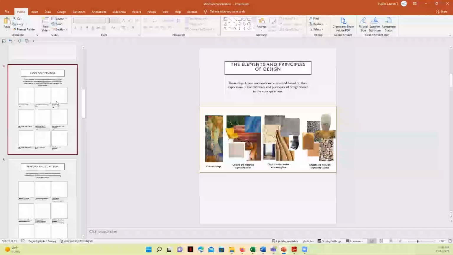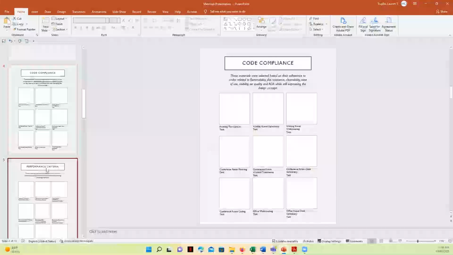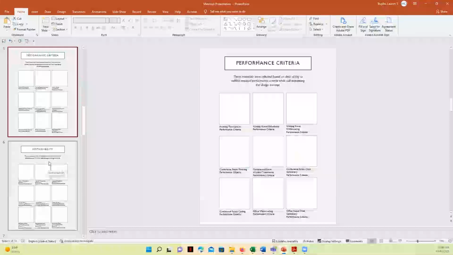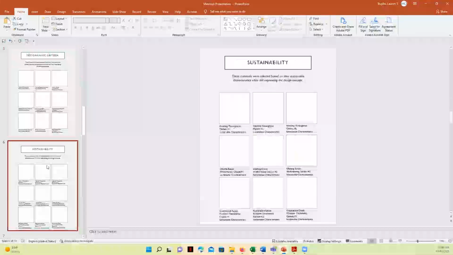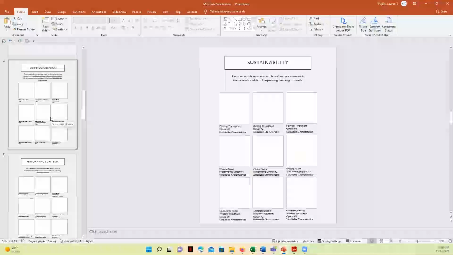The subsequent slides here, we've got one that's illustrating selections for code compliance, one for performance criteria, and one for sustainability. Now, these three slides, of course, have just placeholders in them, but what they do is illustrate both to the client and to the design team that there are certain functional needs expressed by the client that need to be met by the materials in this space.